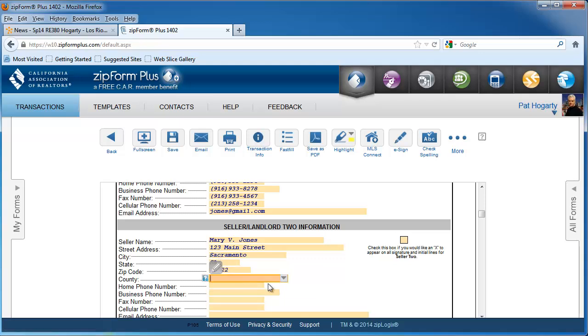And county. That's not country, by the way, it's county. So it's Sacramento County. Home phone number, if it happens to be the same, I can pull that up. Same thing with business phone number. Now, if their business phone number is different, so for example, if the wife works in a different place than the husband, we could put in there like 530